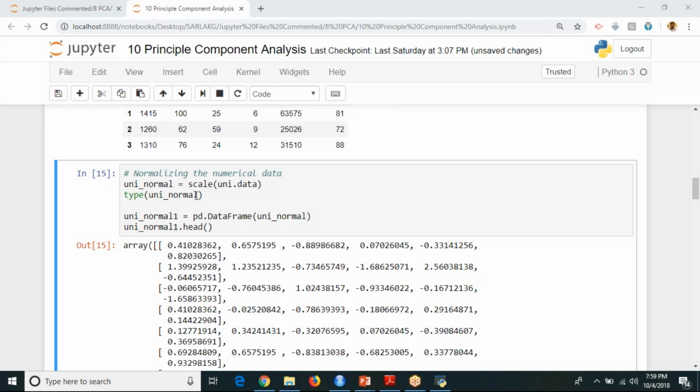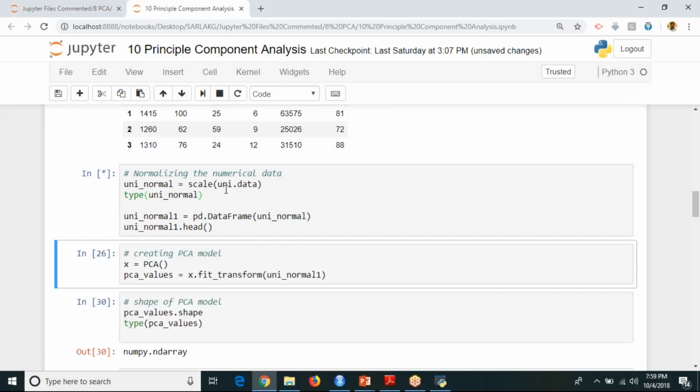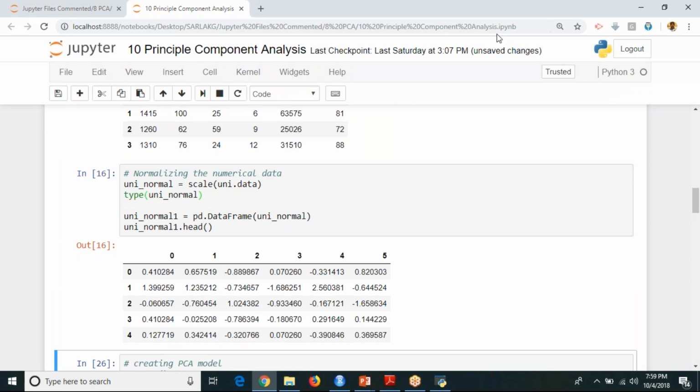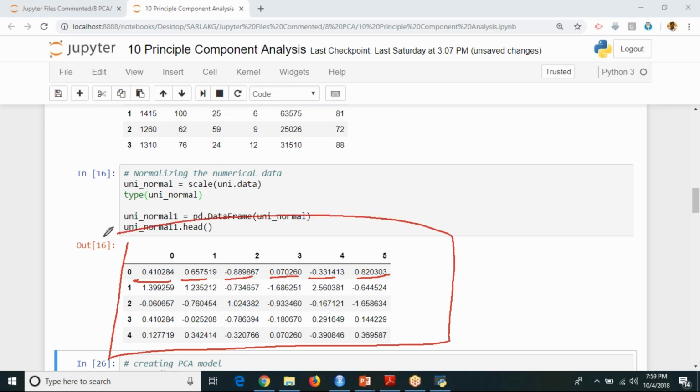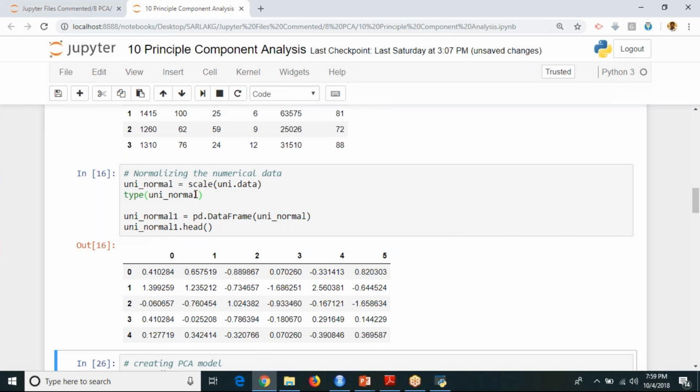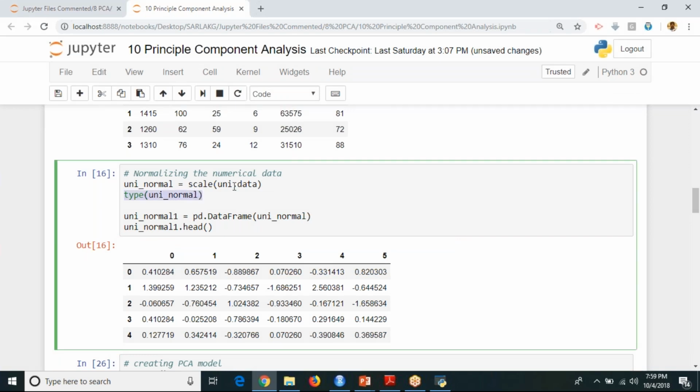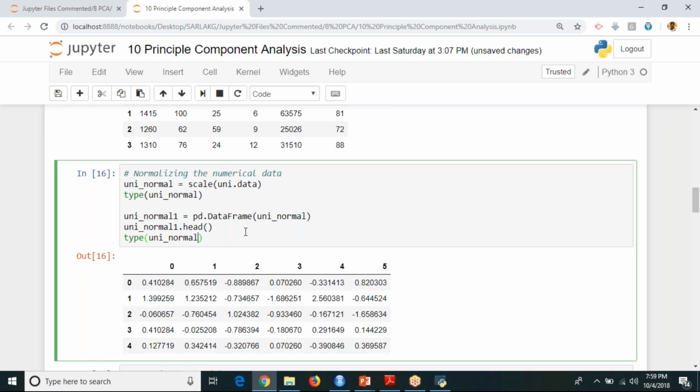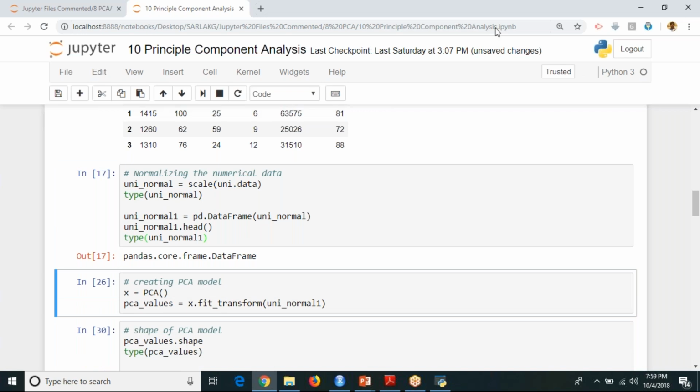And also here, okay, first I'll execute this, then I'll write. See, earlier it was in your array format. Now everything is in your tabular format. That is nothing but your data frame format. And if you want to see what is the type of this, here you can just copy this and put it over here, and I'm going to change it to normal1 in order to see what is the data type. So earlier it was showing numpy.ndarray, and now it is showing data frame.